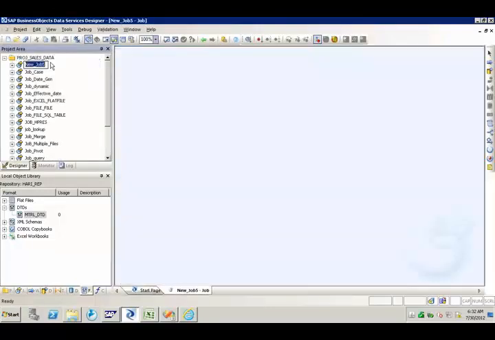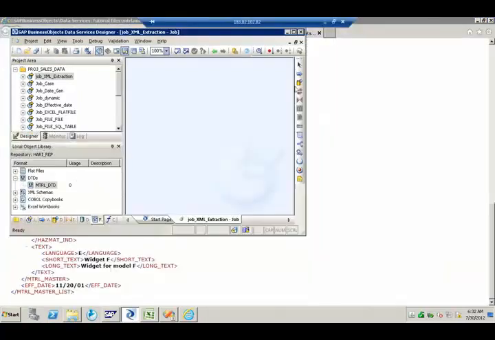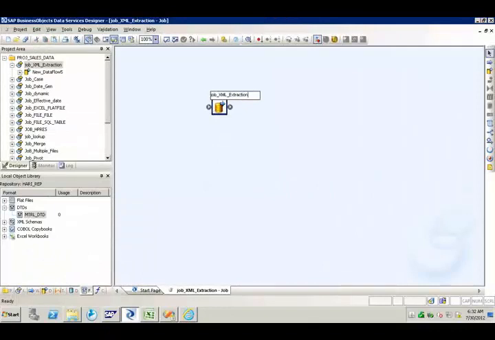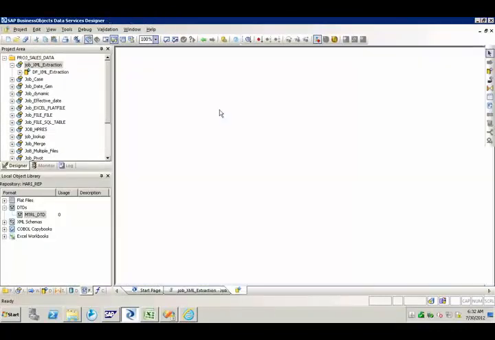I right click on it and create a new batch job for XML extraction. I drag and drop the data flow and paste it here, df_XML_extraction.